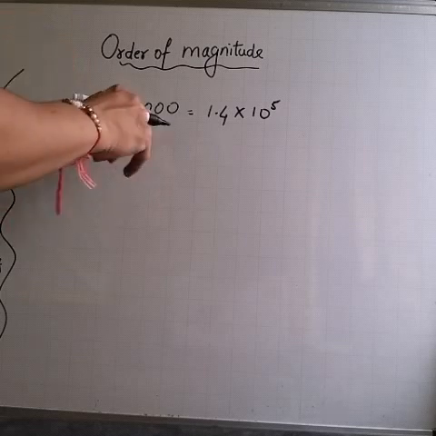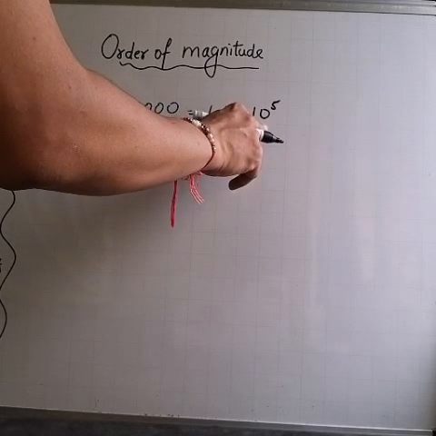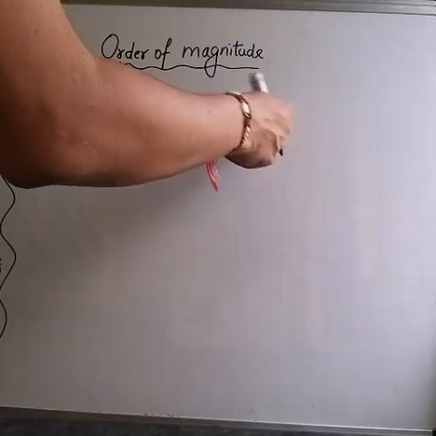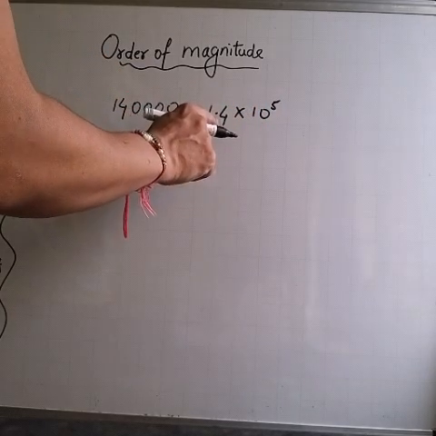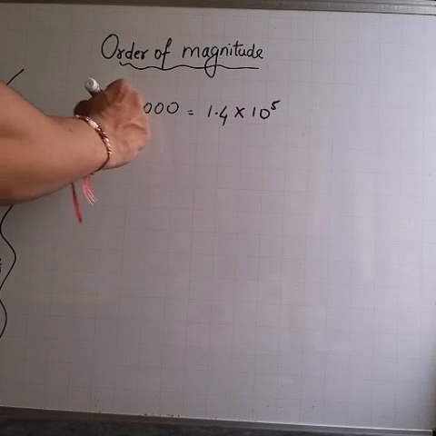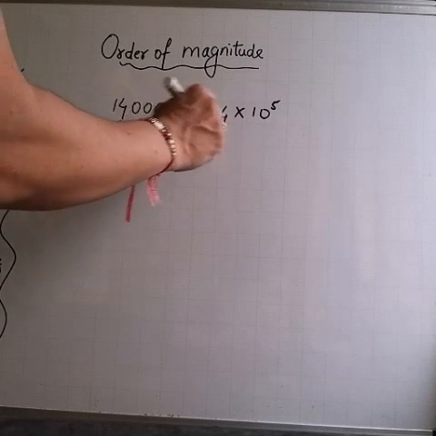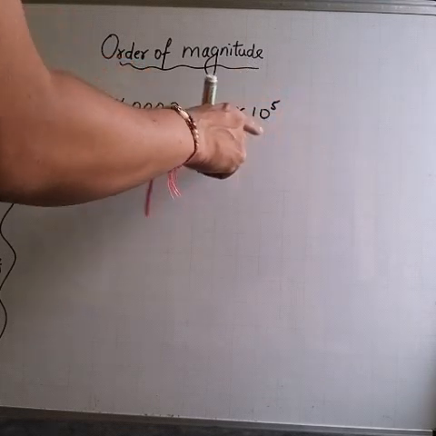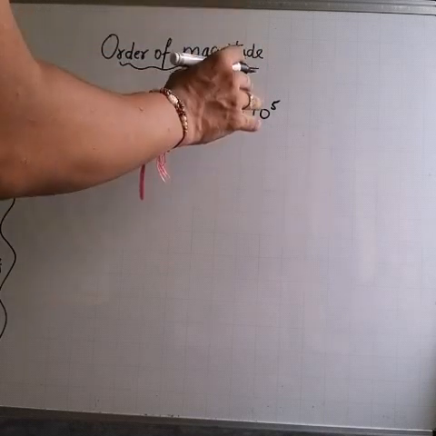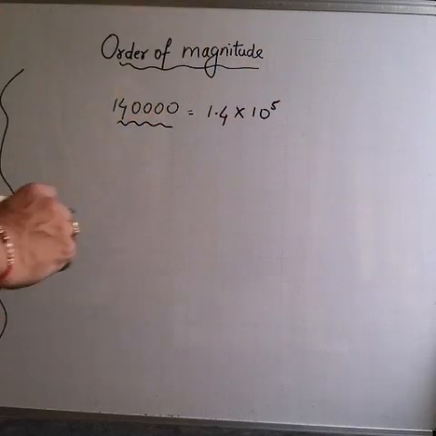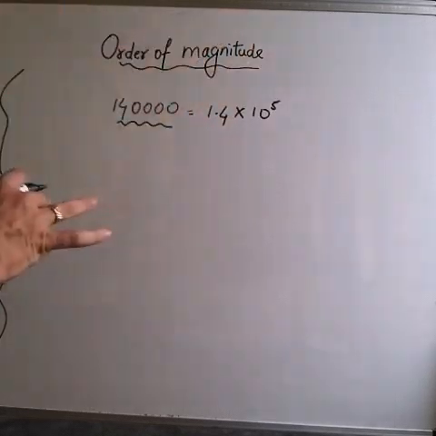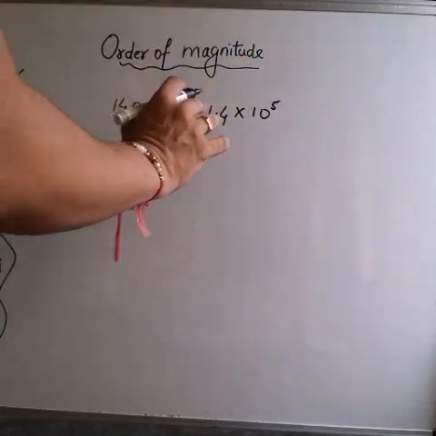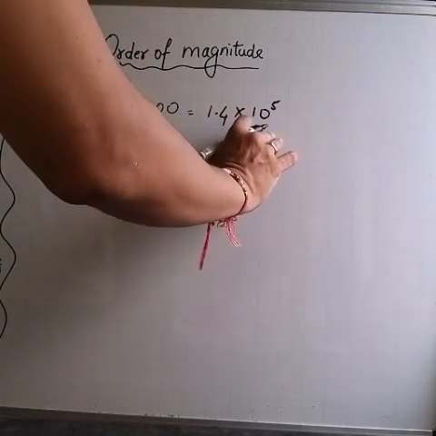Okay, so I have written this in terms of what? Power of 10. The values remain the same and the number of significant figures will be 1.4. So writing a big value in powers of 10 is also called the order of magnitude. Here the order of magnitude is 5. Now how do we decide this value?